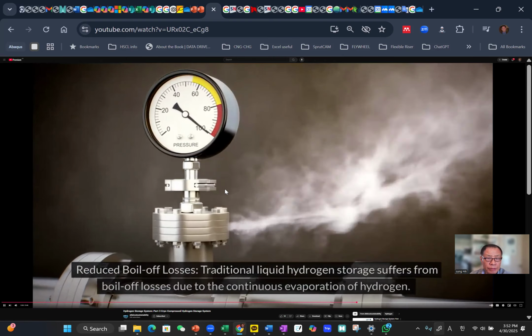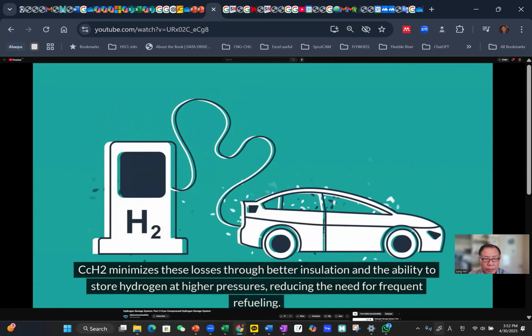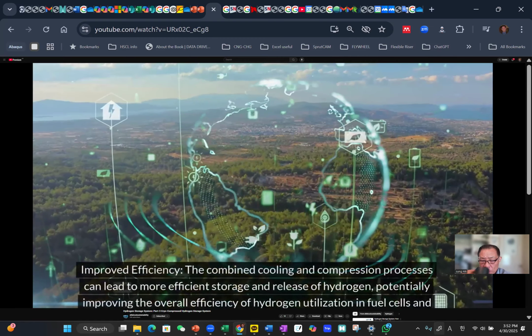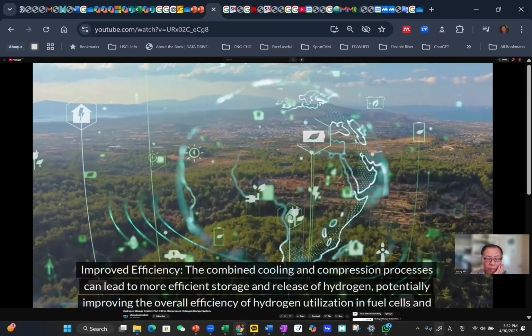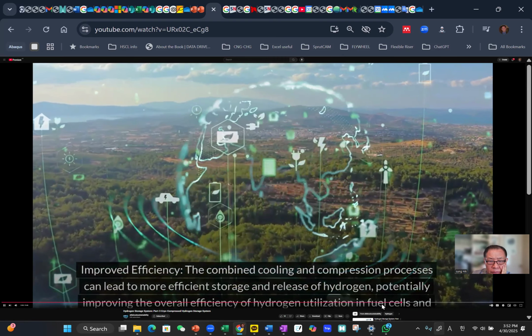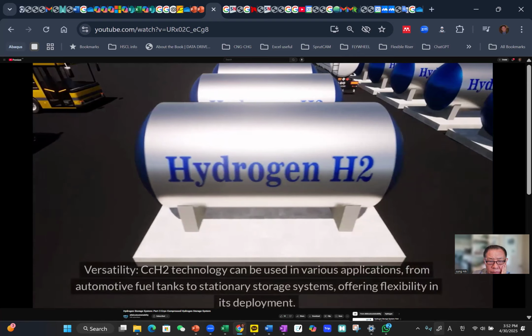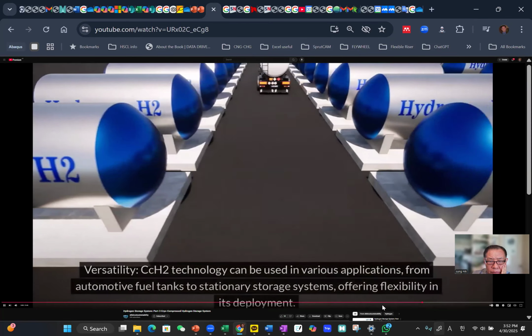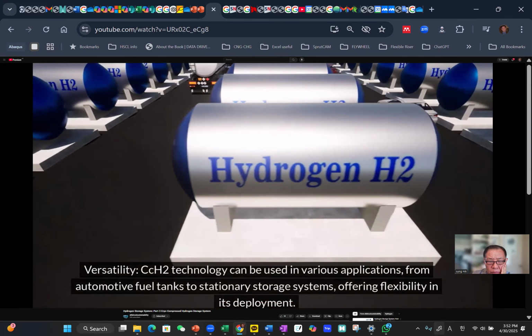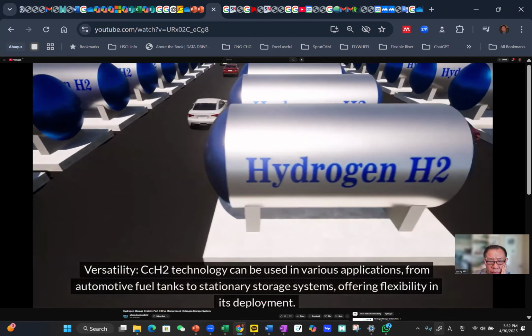CCH2 minimizes these losses through better insulation and the ability to store hydrogen at higher pressures, reducing the need for frequent refueling. Improved efficiency: the combined cooling and compression processes can lead to more efficient storage and release of hydrogen, potentially improving the overall efficiency of hydrogen utilization in fuel cells and other applications. Versatility: CCH2 technology can be used in various applications, from automotive fuel tanks to stationary storage systems, offering flexibility in